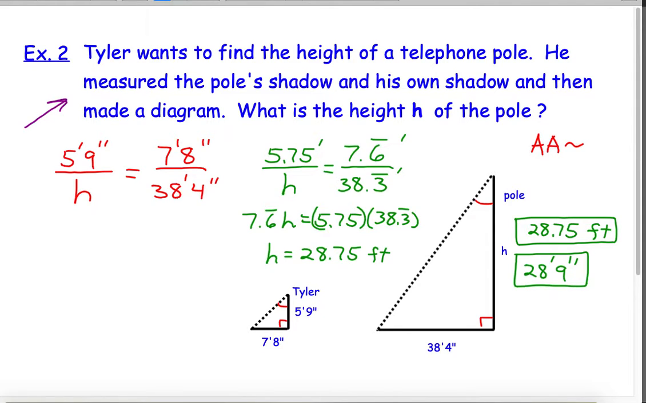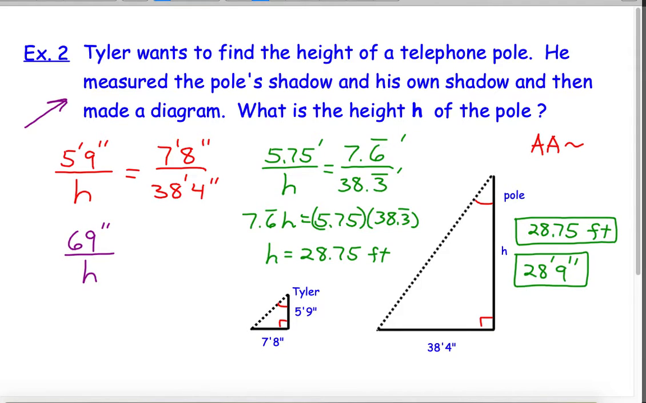The other option would be if we converted everything to inches instead of dealing with the feet and the decimals. So let's go back, 5 feet 9 inches. I'm going to have to convert the 5 feet. Well, there's 12 inches in a foot, so 5 feet would be 12 times 5, that's 60, plus the 9 inches that we had already. So that's going to be a total of 69 inches